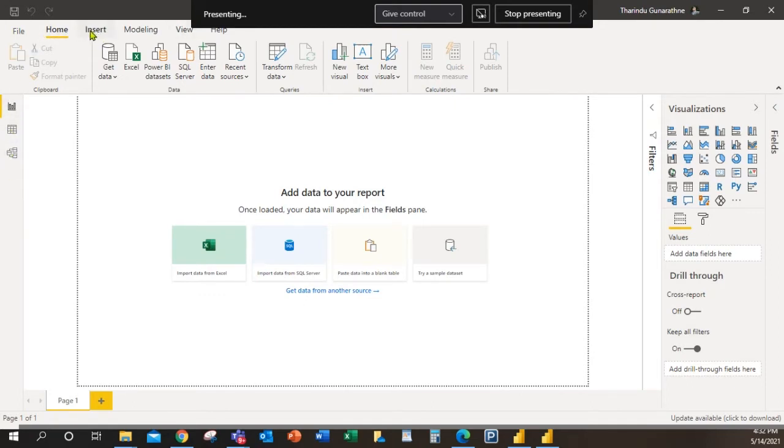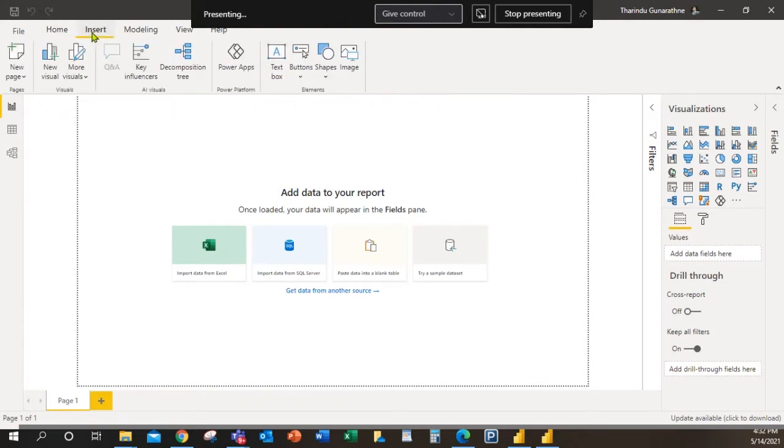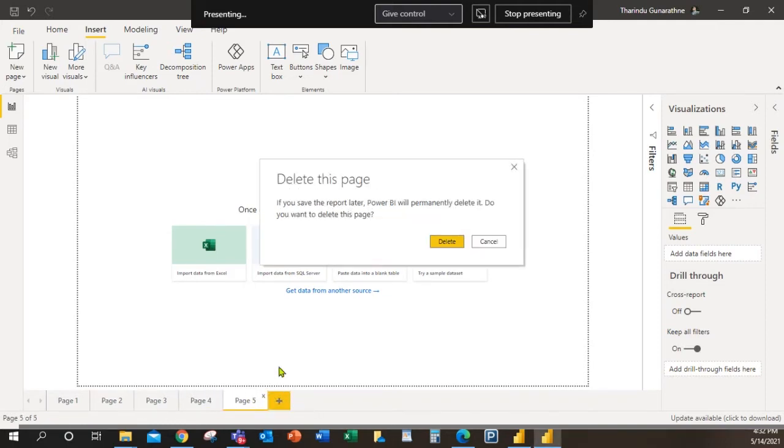I'm not going to explain these tabs now. Okay, this is for Home. I will explain one by one, so don't worry. And there's the Insert tab. Like in Word, we can insert text boxes, buttons, and images by using this Insert tab. But there are some new things, so I will explain all those. And from here we can insert a new page. Okay, you can see this is the page. In Excel we have sheets, and we can create many sheets. Likewise in Power BI we can create many pages. Okay, I will delete.